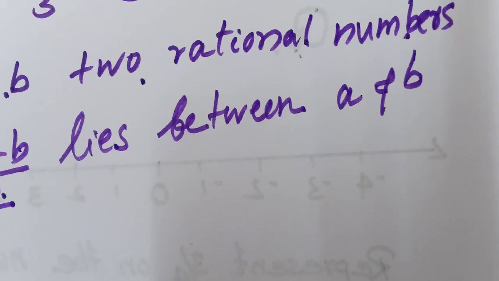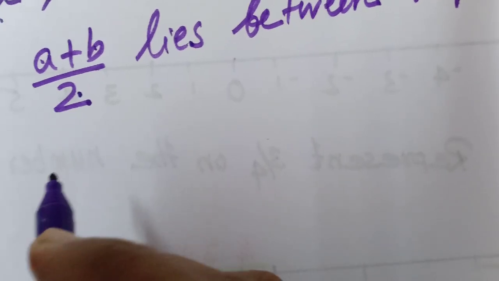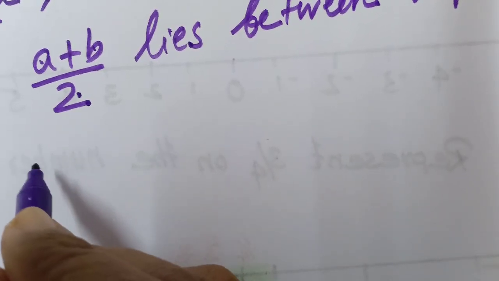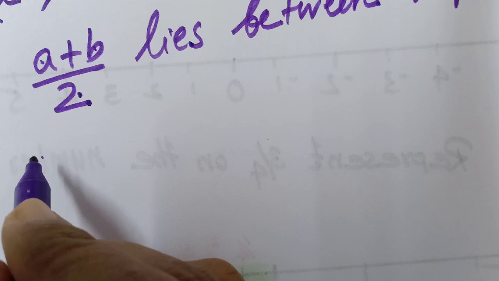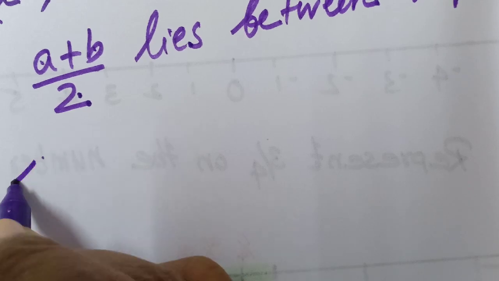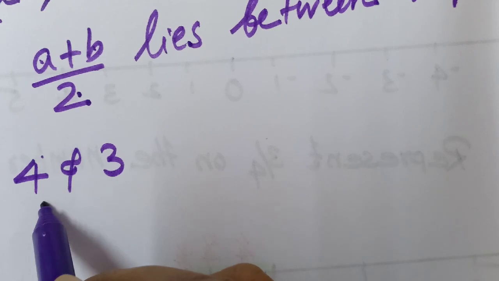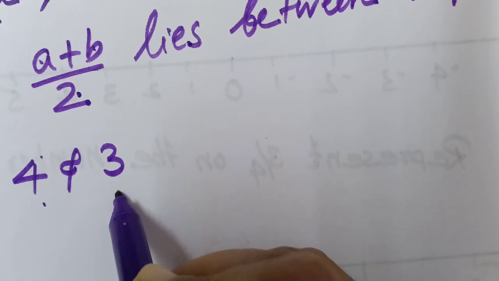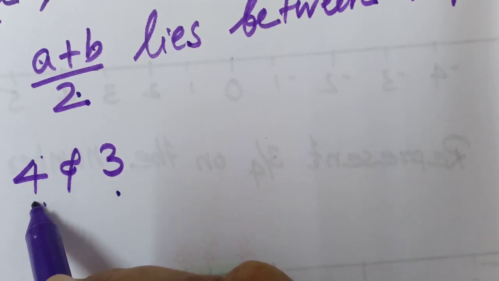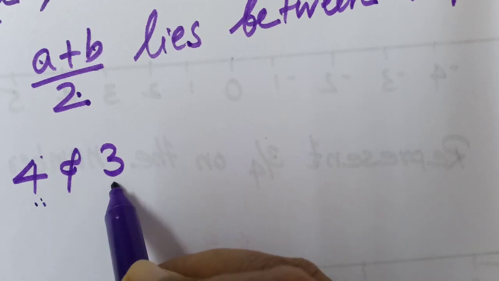Okay, for example, let us see what is the rational number lying between 4 and 3, where 4 is a rational number and 3 is a rational number. Do you agree with me? Is 4 a rational number? 4 and 3 are natural numbers, whole numbers, integers,